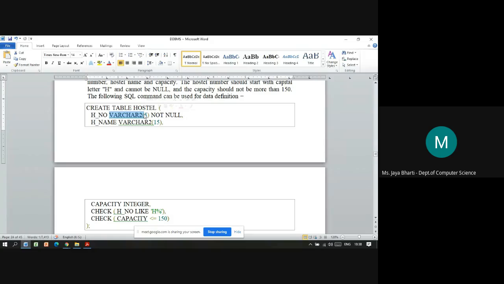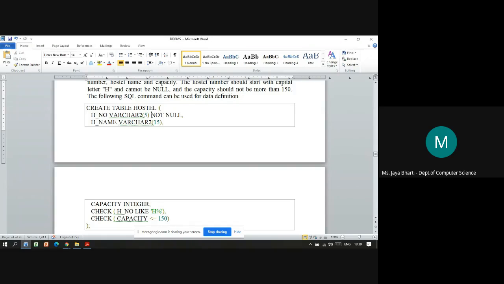If there are more data types available, you can go through them yourself from the SQL manual. So when we specify varchar2, it is the name of the data type, and inside the parenthesis it is 5. What is that 5? 5 is nothing but the maximum length for that particular column. So 5 means that hostel number can be at most 5 characters long.